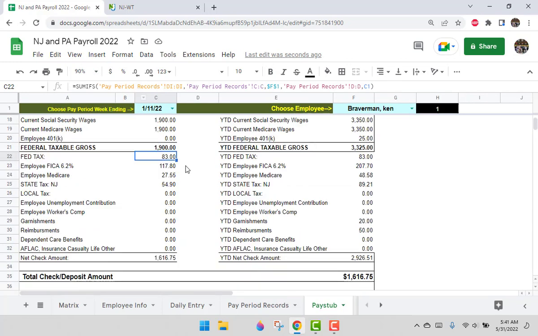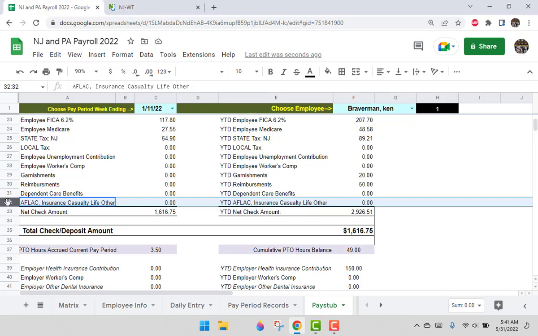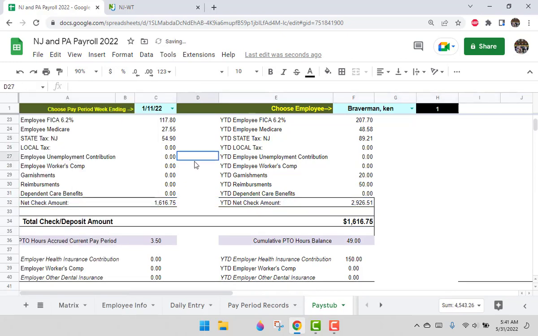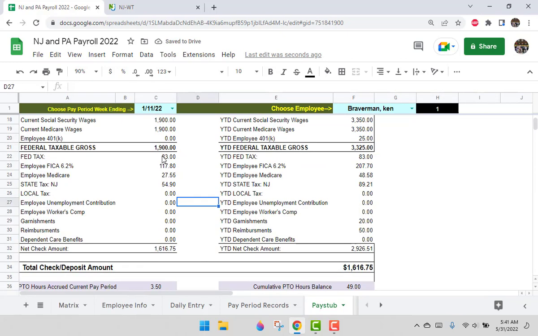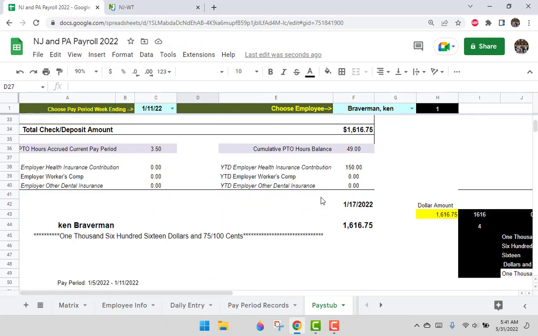Another thing you can do is, so you'll have your entire paycheck, you can delete stuff you don't use. If you never use garnishments or never use AFLAC or something, you can literally just delete this right off. No AFLAC, okay, no AFLAC, it's gone. And everything still works. It keeps track of your PTO hour balance for your employee. It also